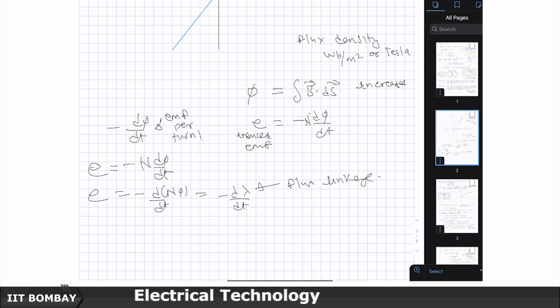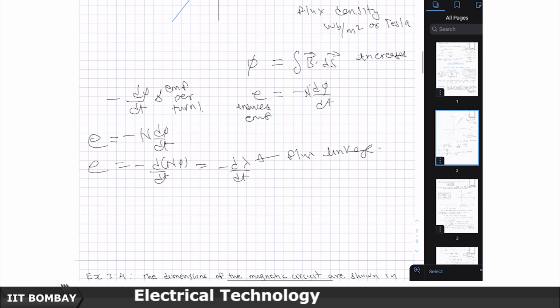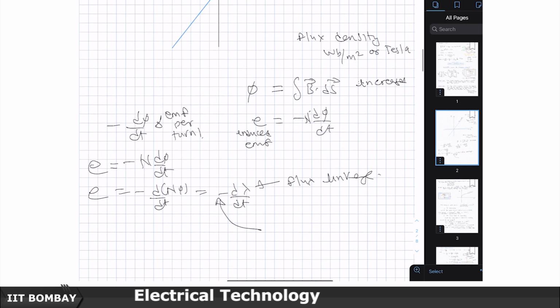So the induced EMF is minus d psi by dt, and this minus sign, if you recall what you learnt in your 11th and 12th when you studied magnetic circuits, comes from Lenz's law,